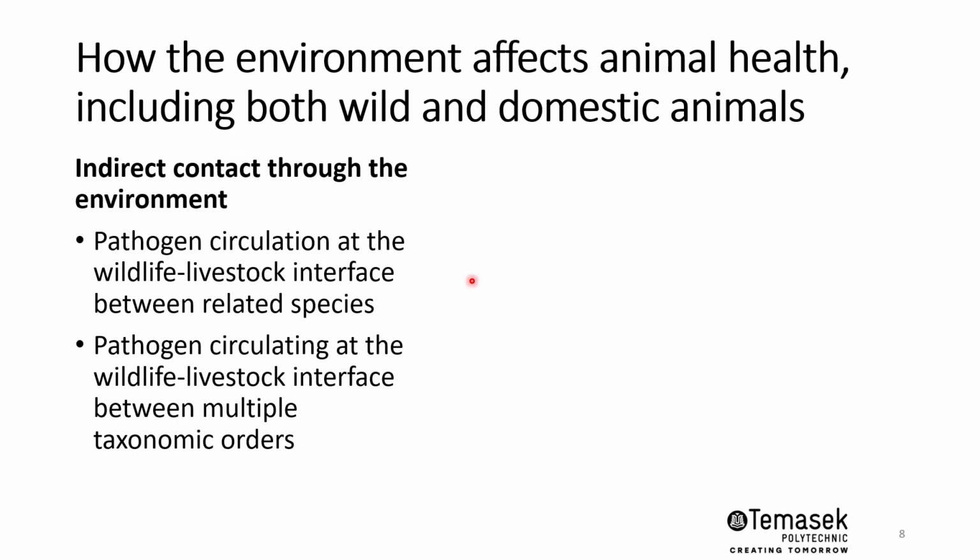Not only confined within poultry, even humans are affected as the disease jumps to us, right? So these are just examples of indirect contact through the environment, especially when it comes to bird flu, where humans or farmers are handling the cages that are used to contain the chickens as well